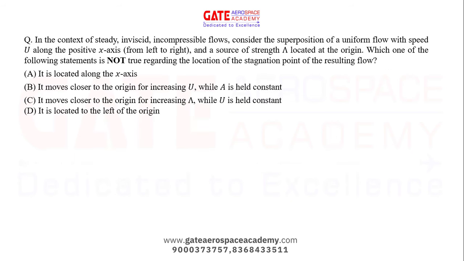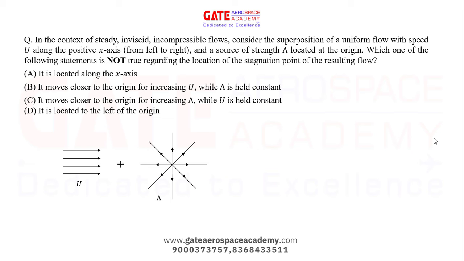Next question. In the context of study of inviscid incompressible flow, consider the superposition of uniform flow with speed u along the positive x-axis from left to right and a source of strength lambda located at the origin. Which one of the following statements is not true regarding the location of stagnation point of the resulting flow? So we have superposition of uniform flow with speed u along the positive x-axis from left to right and a source of strength lambda located at origin,